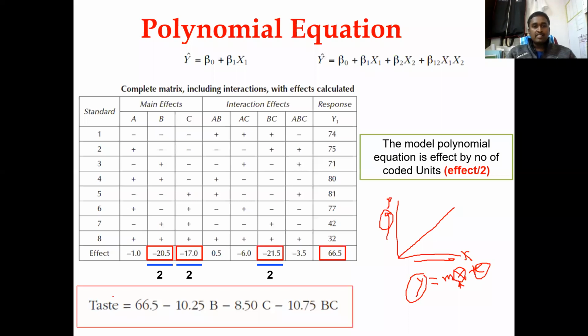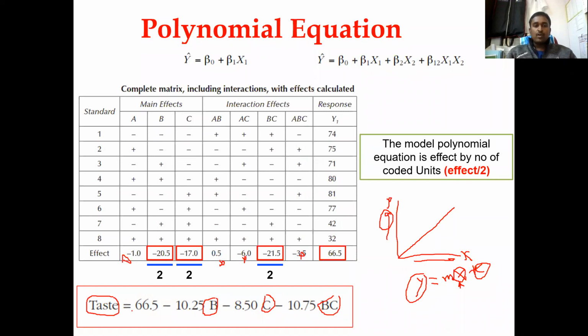Now the y here is nothing but taste; we are looking at one response first. The y will go one by one: first we look only at the taste, then the next y will start once again for the bullets. So the taste depends upon B, C, BC. That is what we saw as the significant factors. The rest we have avoided, we don't want to bother about them because, as per the half normality plot, the rest of the things are not influencing the taste much.